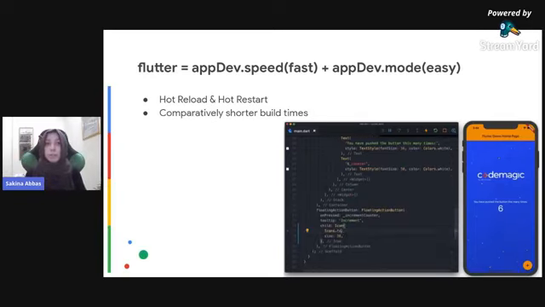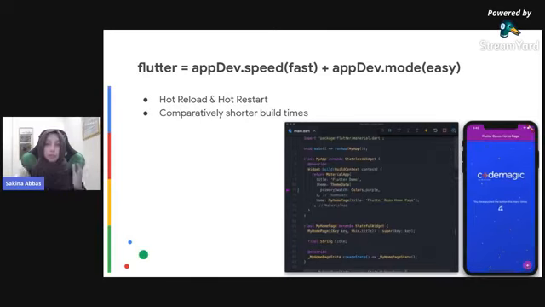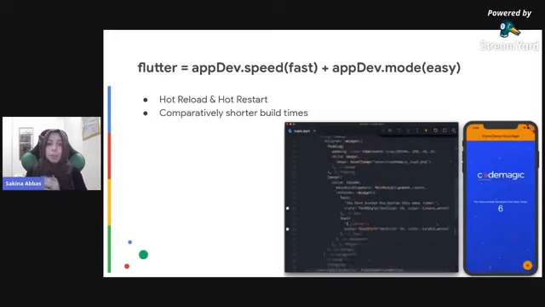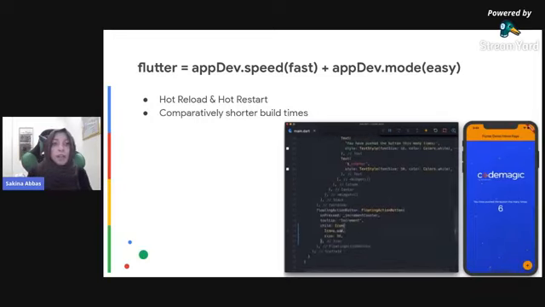So hot reload is basically for messing around with the UI, checking if I do this, what would happen? If I do that, what would happen? And hot restart is mostly for when you import assets. If you want all of those changes to be incorporated into your app, that's what hot restart is for, because it refreshes your application state, all right?